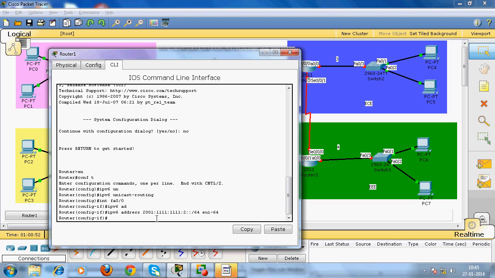So the expansion of EUI is Extended Unique Identifier. That means the host ID can be automatically taken from the MAC address of that port fast Ethernet 0/0. So the MAC address is a 48-bit address. So in that 48 bits, the first 24 bits, next it will insert FFFE. It is 16 bits, then the last 24 bits of the MAC address. So now we can enable this interface using that command no